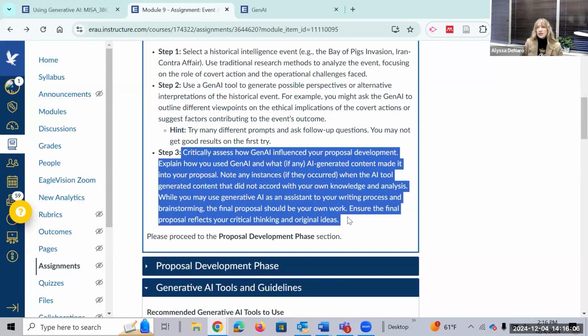So just to boost that critical thinking, that one additional level, once students are done with brainstorming and then finally writing their proposal after the brainstorming phase, then students are asked to reflect upon how they use generative AI, how generative AI might have altered their perspective, how this brainstorming phase may have changed their ideas, or where they found their ideas didn't accord with generative AI, they didn't agree. And so students are again asked to think through and think really critically about their generative AI use in this assignment.